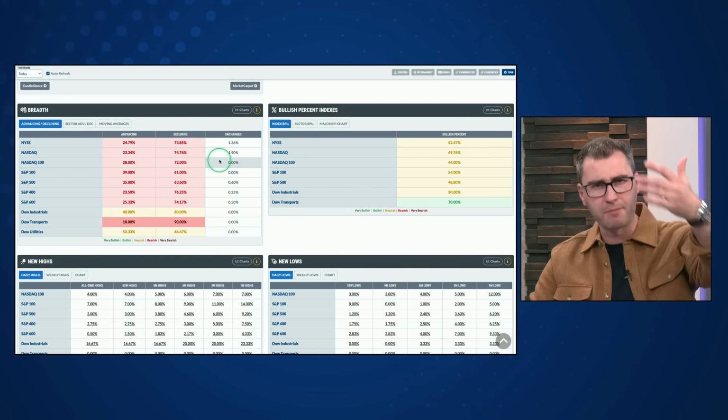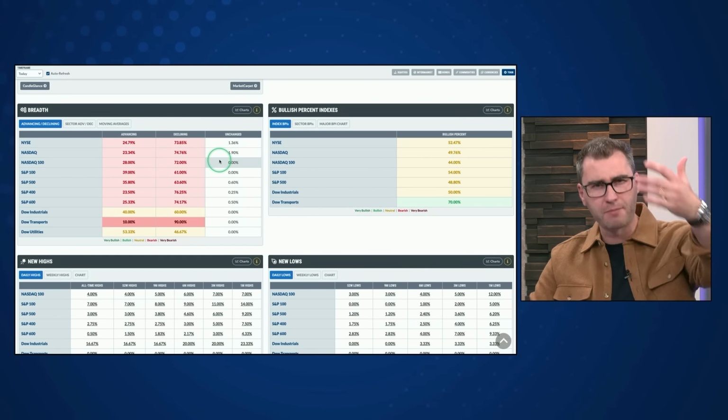So again, we're going to turn to our charts menu. Now, we highlighted this one earlier in the show. This was one of the ones that I brought up because it's a great place to go. Lots of different breadth charts and chart lists in here. So definitely one that you should spend a little bit of time getting to know. We're going to jump over to our moving averages list, though. What this is going to do is take those indexes from that table and chart